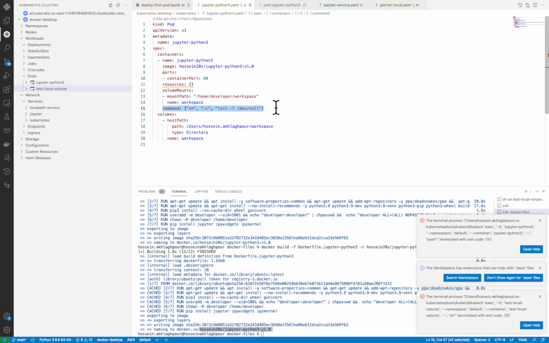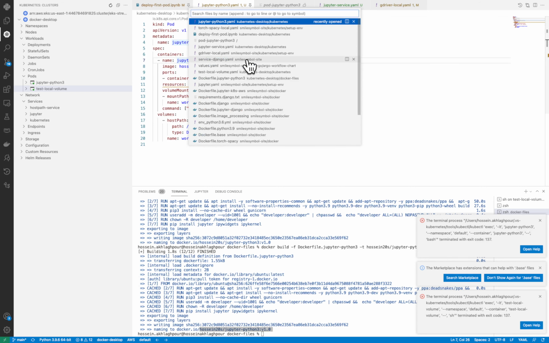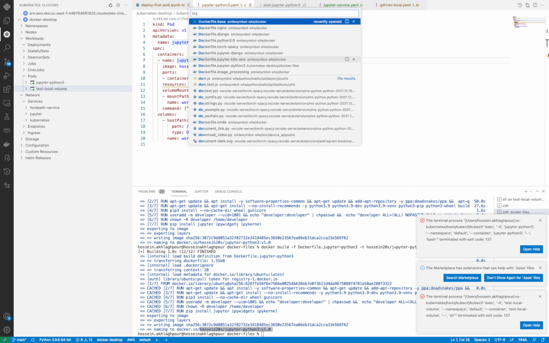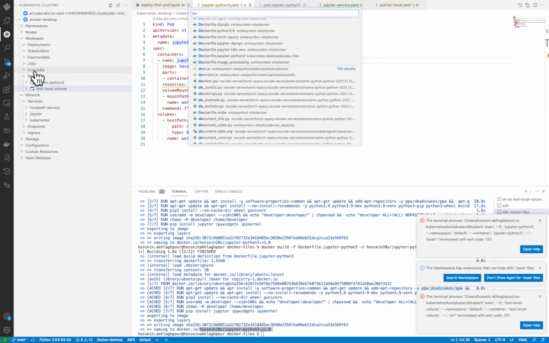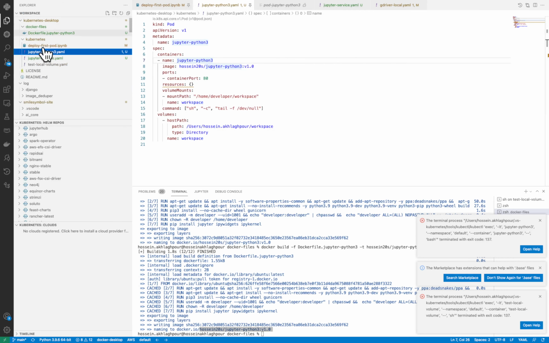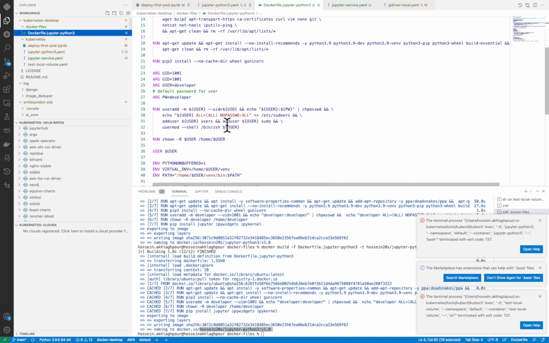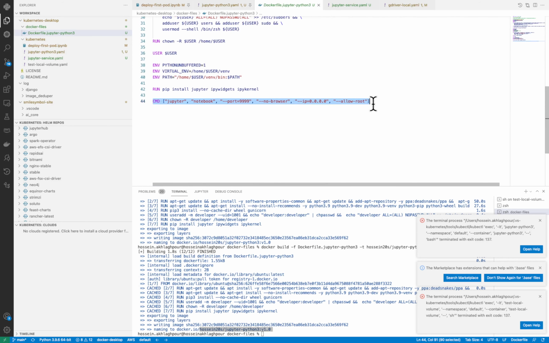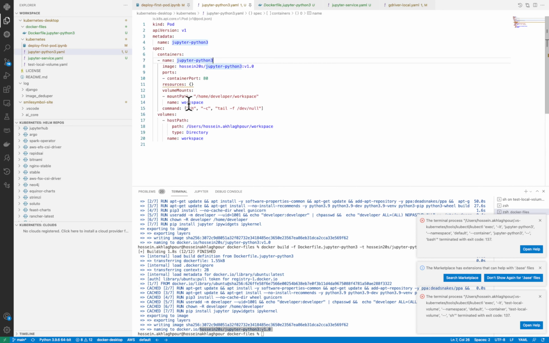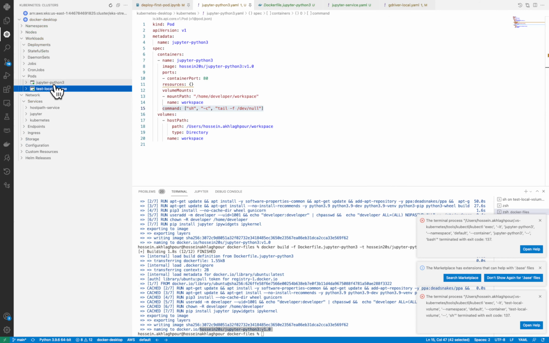added this line. That means that I'm overwriting whatever was in the Docker file. So if I go back to the Docker file, where was the Docker file? It was actually here. So this was the command that it should supposedly run, but because I added this command, it won't run that. And so let me actually first go